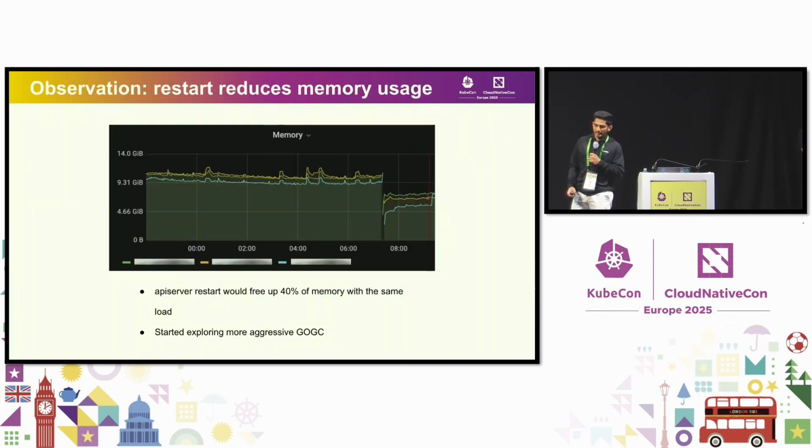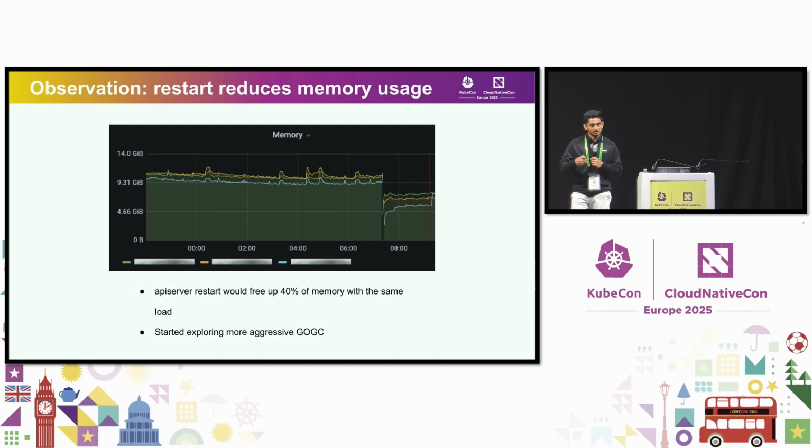In the next few set of slides, I'm going to continue talking about the problems that we hit at scale and some of the fine-tuning techniques that helped us to solve those problems. So you can see the graph here, which is API server memory utilization. You can see between 6 and 800 hours, there is a gap. That gap is an API server restart. The more interesting thing about that is after the restart, API servers came back with 30–40% less memory utilization.